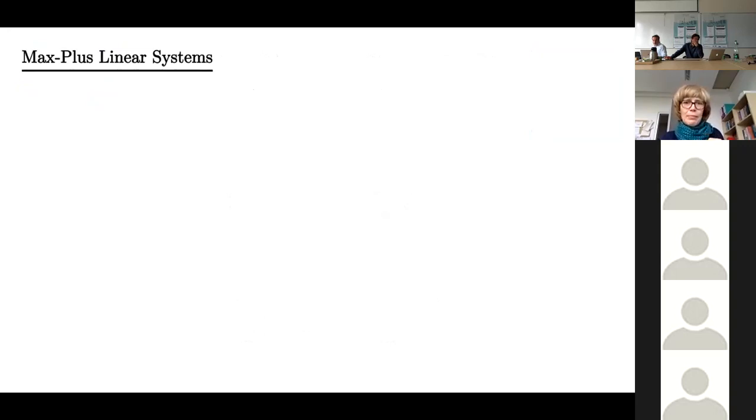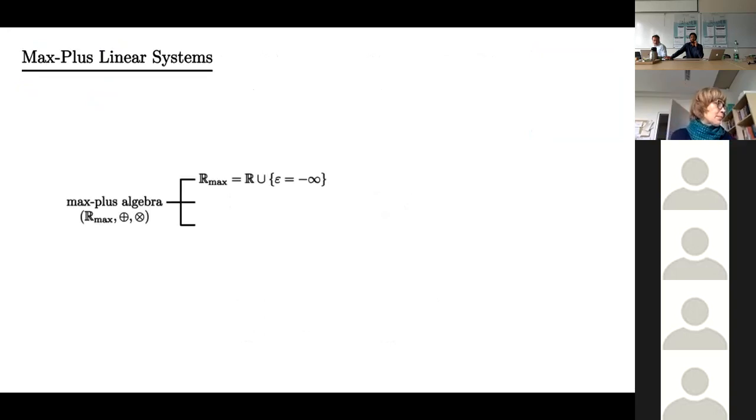For the first part of this presentation, I will describe some notions and properties of max plus linear systems. However, it is necessary to mention max plus algebra. Max plus algebra is a semiring over a set R_max, which is the set of real numbers joined with minus infinity. There are two binary operations for max plus algebra, ⊕ and ⊗. A ⊕ B means the maximum between A and B, while A ⊗ B equals A plus B. This operation can be extended to matrices in the natural way. For a square matrix A, this notation refers to the k-th power of A.